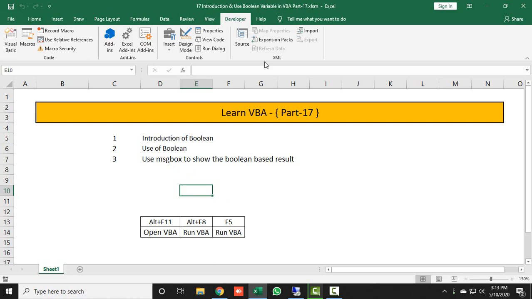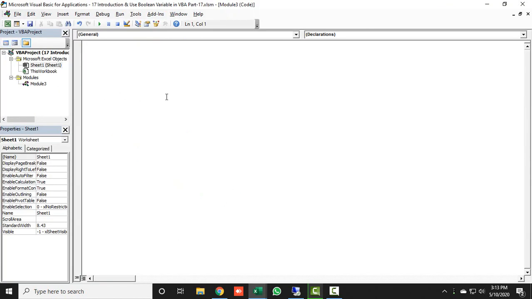coding. For this I will click on the Developer tab and click on Visual Basic, and here I will write the code for Boolean. First of all I will give the subroutine name, which is my Boolean. Any name you can give for your subroutine, and just press enter. Now first of all I will give a comment for this Boolean mechanism.